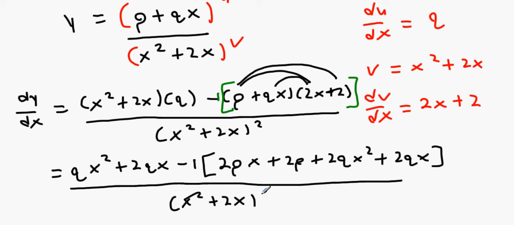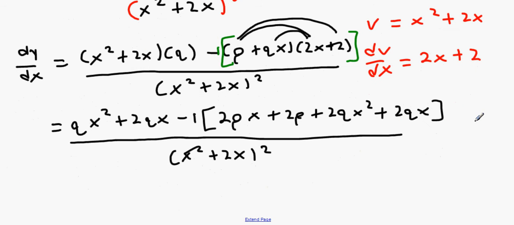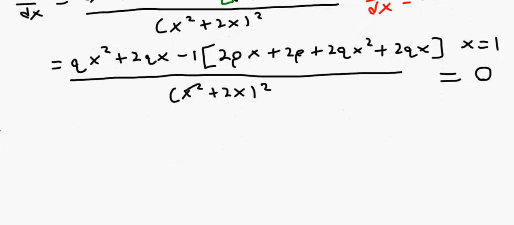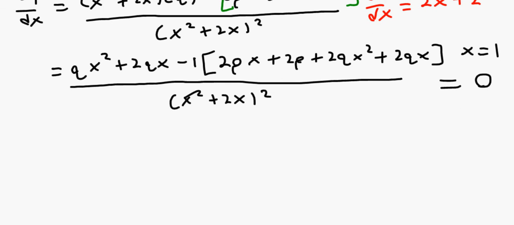Now, what we've been told is that when we replace x with 1, when we replace x equals 1 into this equation, the answer for dy/dx makes all of this turn into 0. Okay? So what we've got to do next is basically fill all x's with 1s. So what's going to happen here is this is just going to turn into q. This is going to turn into 2q. This is going to be minus 1 times 2p